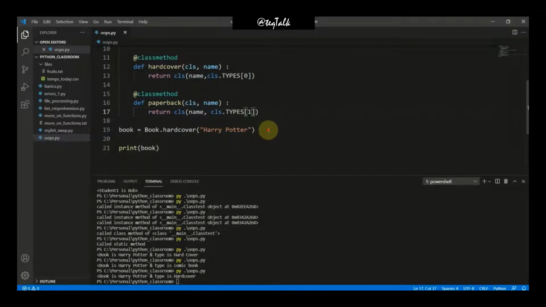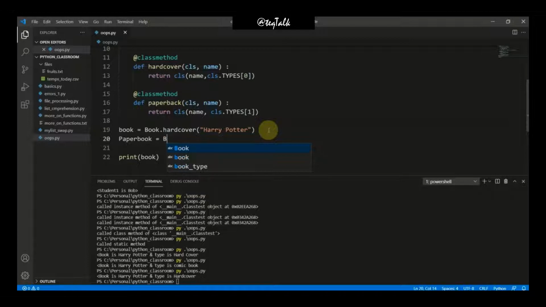Now let me call this object paper book. Okay. So now again I will call it by the book class.